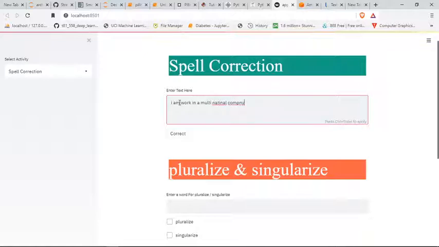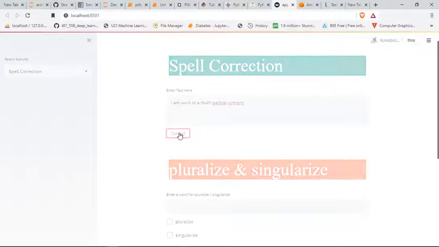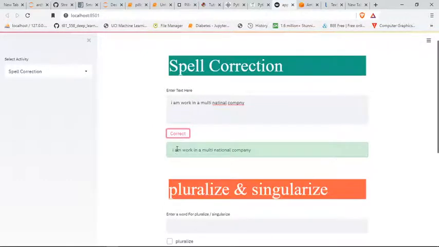So I did this: the spellings of national and company are wrong. If I correct it, then I click on the correct button. Yeah, it automatically corrects the spellings. You can see over here the nation spelling and company spelling is wrong, but it automatically corrects these spellings.